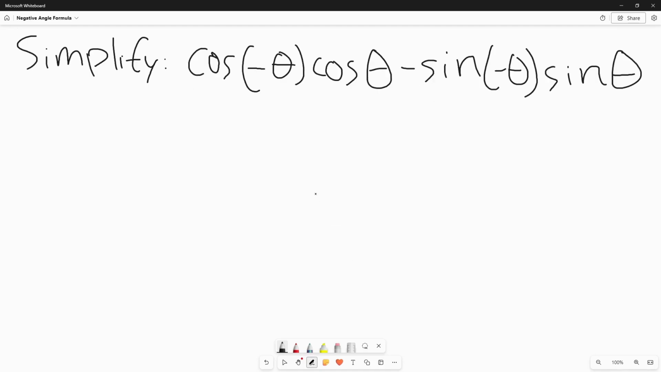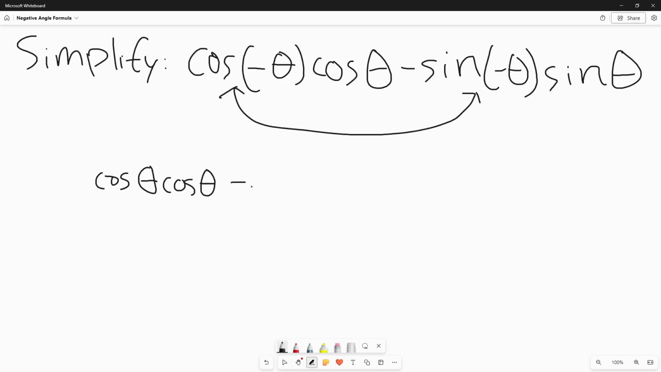Now let's do one that's a little bit more tricky. If you think you can still do this one, then pause the video and do it. This one is asking to simplify cosine negative theta times cosine theta minus sine negative theta times sine theta. What I notice is that we have two things that we can simplify using the negative angle formulas, which are cosine negative theta and sine negative theta. Cosine negative theta is just cosine theta, so let's rewrite this expression using that. Cosine theta times cosine theta minus, and sine negative theta is equal to negative sine theta, so replace it with that,